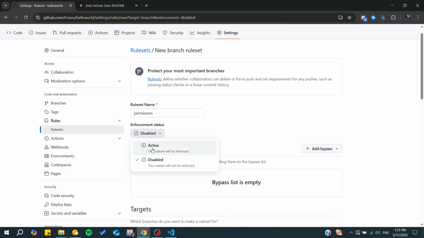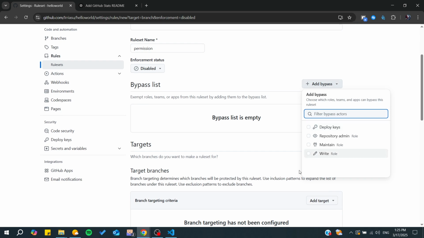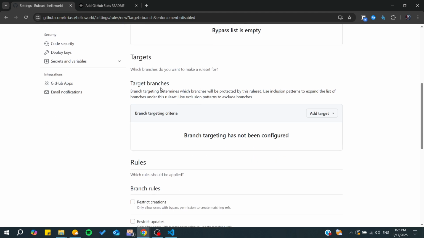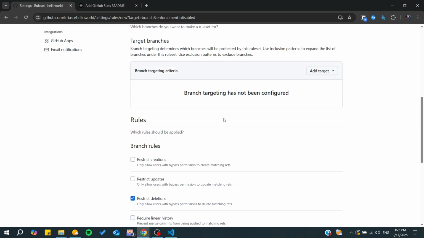So if you want to activate these rule sets, and from here you can add bypass. That means who can bypass these rule sets, or whose roles won't have these rule sets that would apply on. And basically you will start adding target branches, either it is the main or the default, and those are the